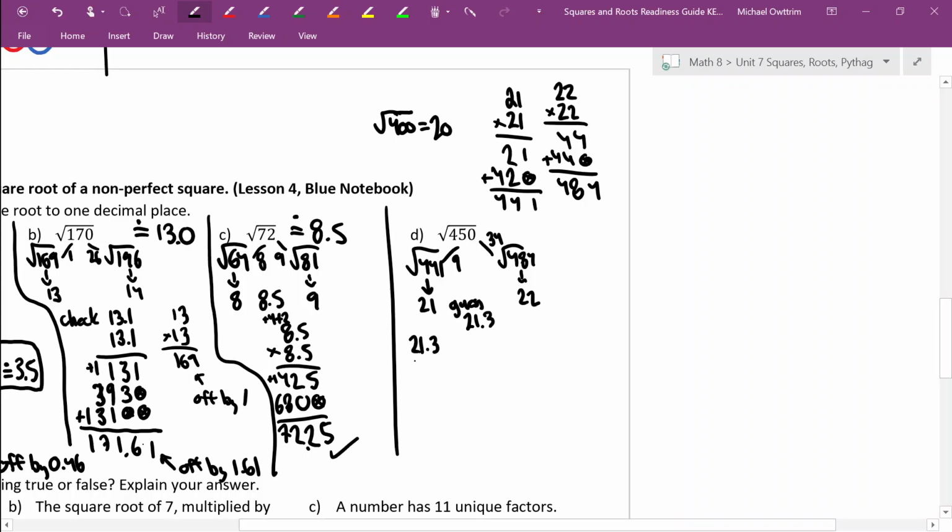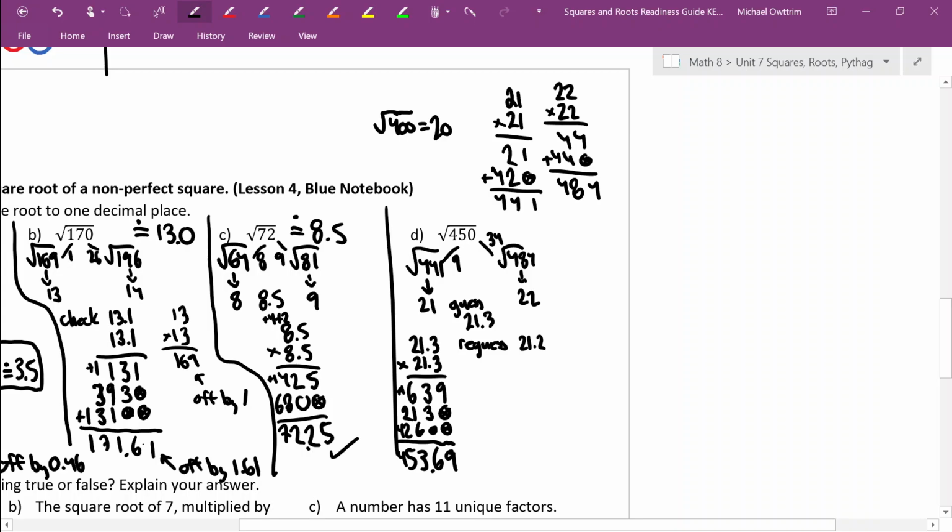So when we long multiply out 21.3 times itself, 3 times 3 is 9, 3 times 1 is 3, 3 times 2 is 6, 1 times 3, 1 times 1, 1 times 2, 2 times 3, 2 times 1, and 2 times 2. And that gives me 453.69. So that was actually too much, right? We're off by 3.69 from our desired 450. So we're going to re-guess,